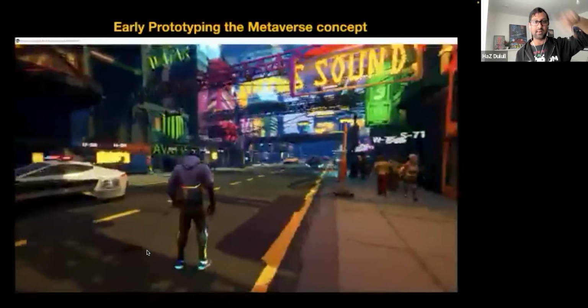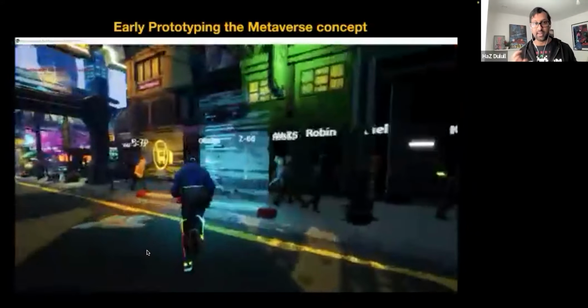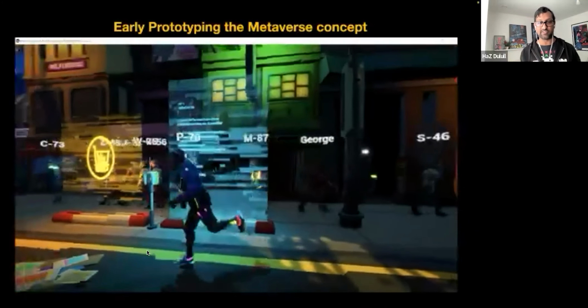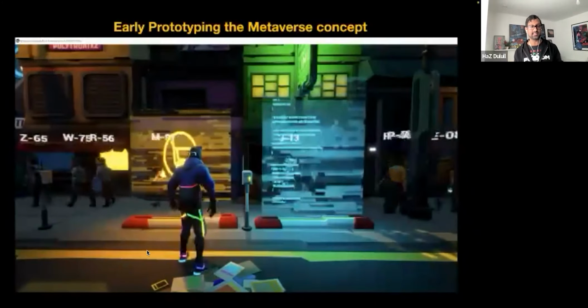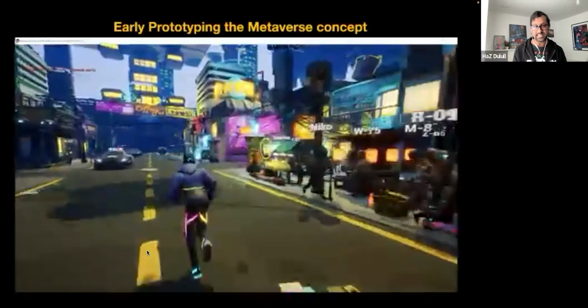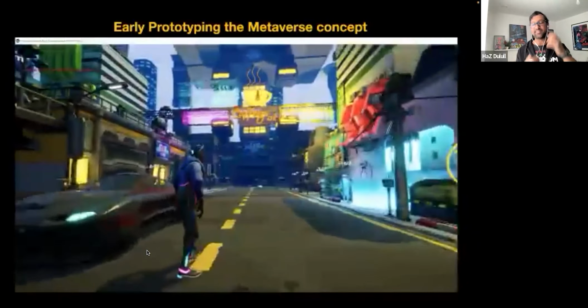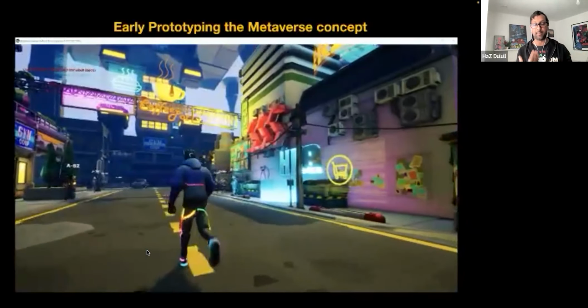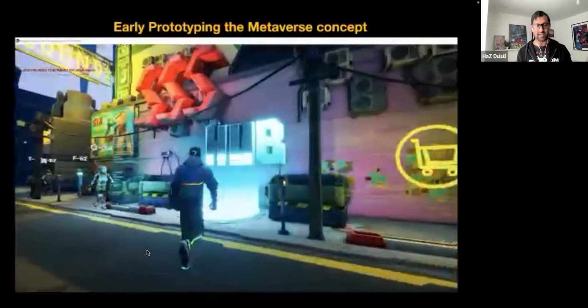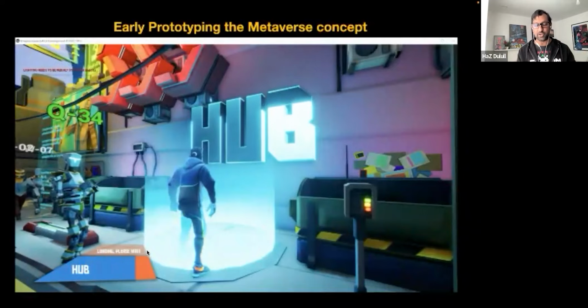We give them a web link, they load it on their phone, and they can move around all on the phone. And that became the first iteration of, oh, this is going to work. This is going to be a true metaverse. Now, of course, there are a lot of issues like latency. The more content you put in, the slower the frame rate. But that stuff is going to get better over the years as technology becomes better and better. Latencies get better. We have things like 5G, maybe 6G. But for now, it was a really good way of working.